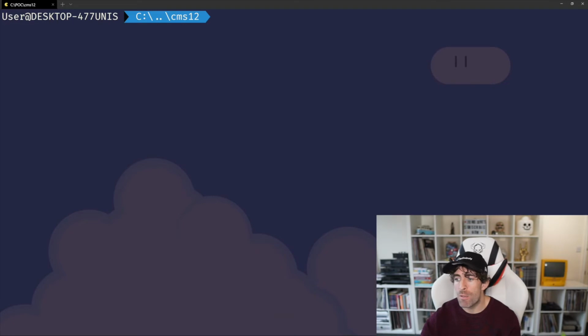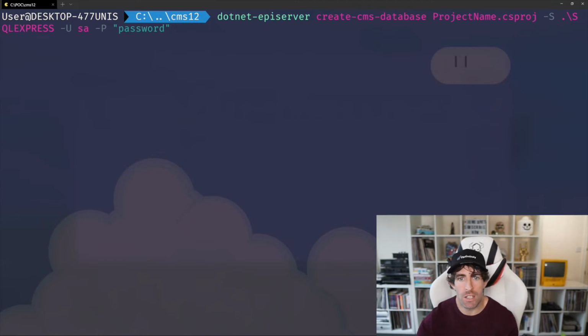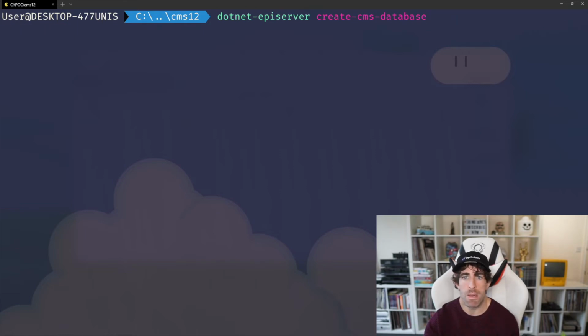And remember, we've already set up our SQL Server for success in step 1. So let's go through everything we need to do. So we need to do a .NET Episerver. Then we need to do a create CMS database. We then need to put in our project name, and then we need to put in our SQL details. So for me, it's going to be .NET Episerver, then space create CMS database, and then it's going to be